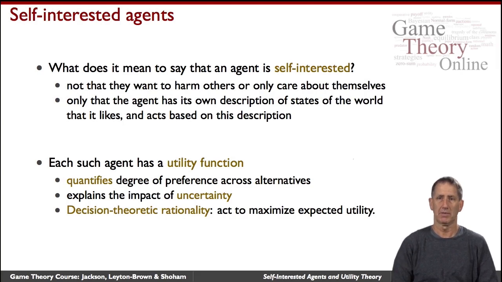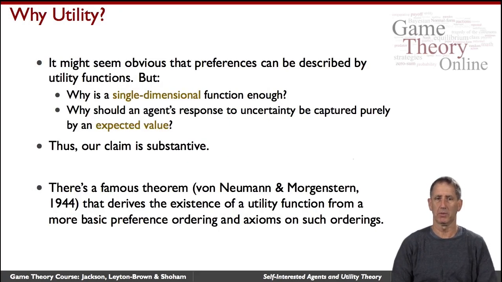So for example, if I tell you that it will be 25 degrees with probability 0.7 and 24 degrees with probability 0.3, you might have an opinion about how much you like that versus some other distributions. And the decision theoretic approach, which is what underlies modern game theory, says that you're going to try to act in the way that maximizes your expected or average utility. And so this is a concept we need to get comfortable with, and it's not obvious that one would want to use such an approach.